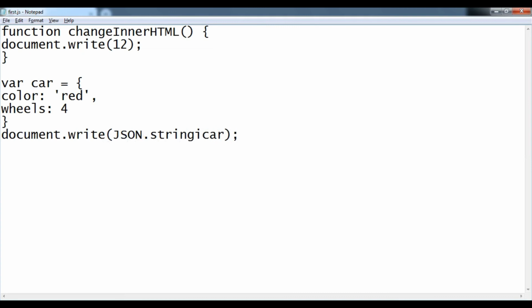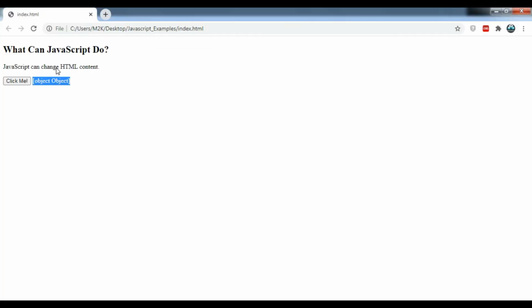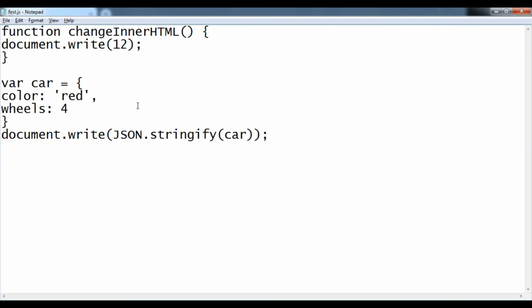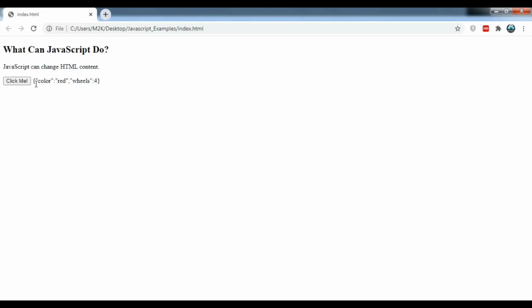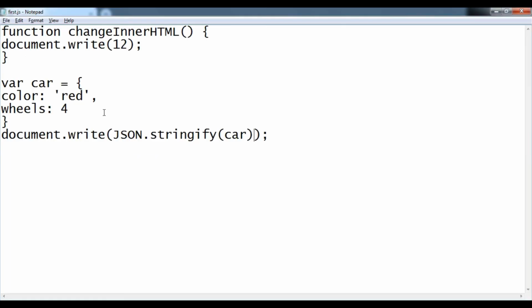Let me save it and run it in the browser. Now you can see the color property red and wheels as 4. There will be a whole session only for objects, so don't worry if you are not able to imagine the use of objects. Think of an object as a container containing multiple properties with values.